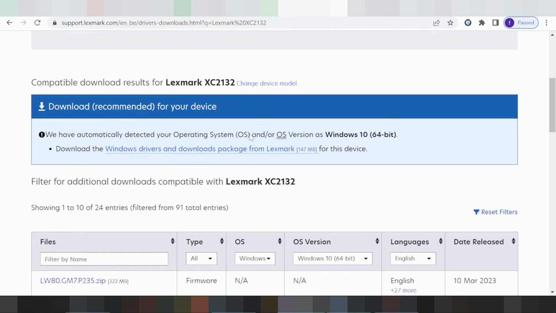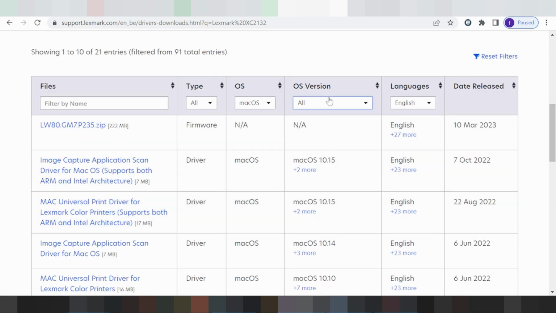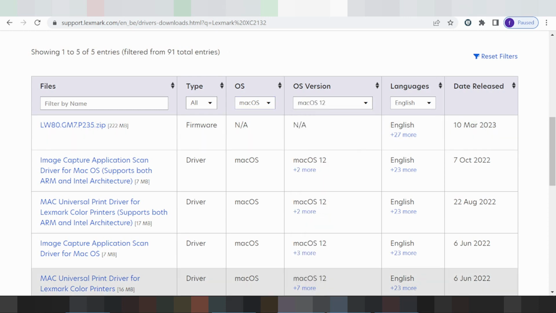is Windows 10. If you need to change the operating system, just click here. This here is for Linux, Windows, and this here is for the Mac, and I'm sure for the Mac, and this here is the Mac version. Click here. This here is the new version for Mac. Make sure of the Mac 11 version, the new version, and if you need to download, you click here for Mac